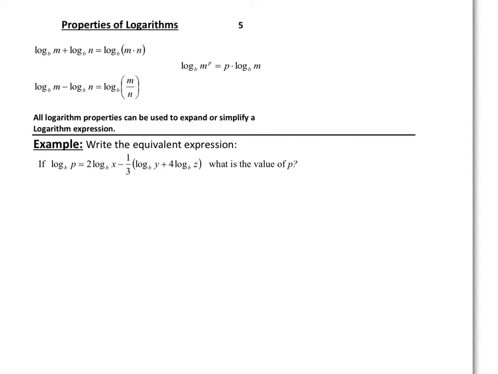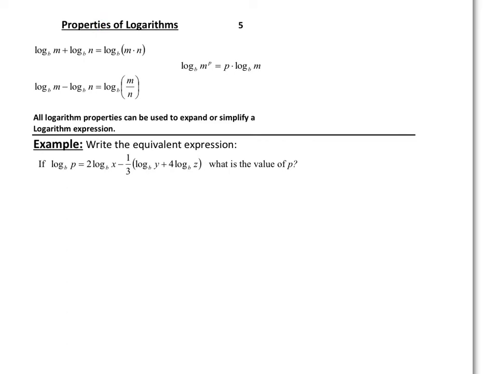So for log properties, you have to memorize these. They're not on the reference table at all. If you have two logs with the same base and you're adding them, you want to simplify them into multiplying the two log quantities. Or they can go backwards. If you're multiplying two log quantities and you want to expand it, you can break them up into adding two